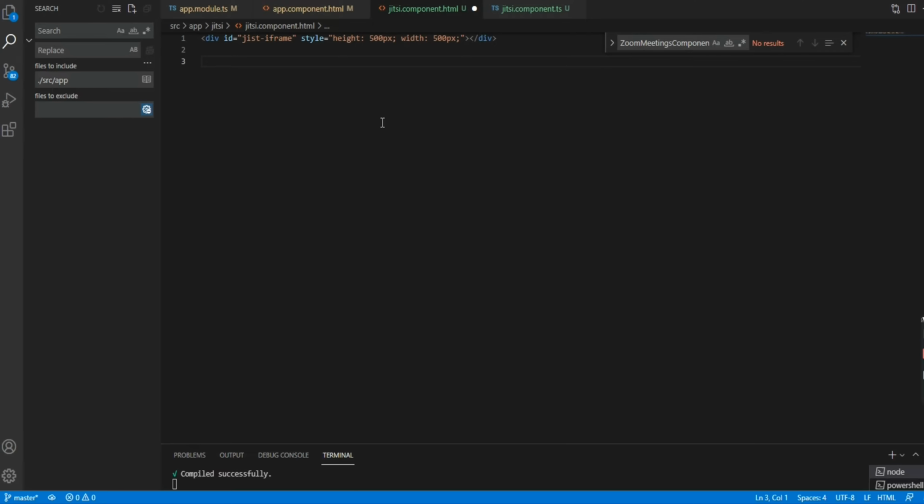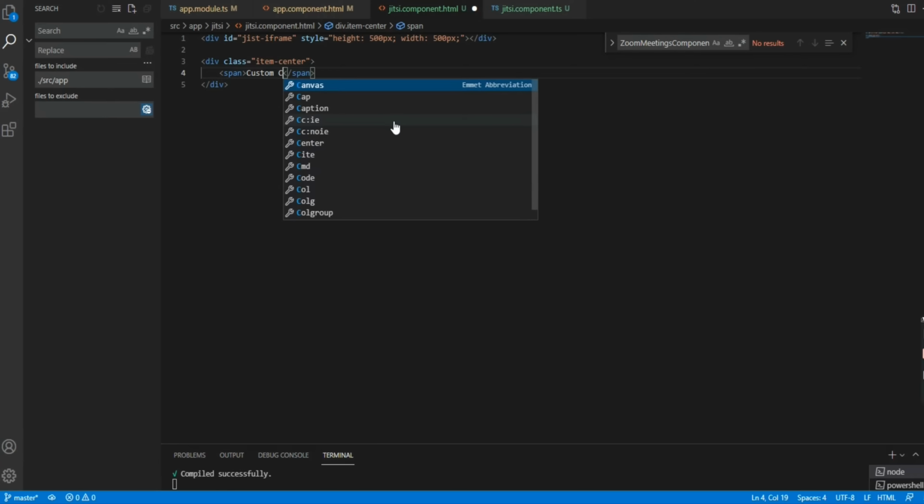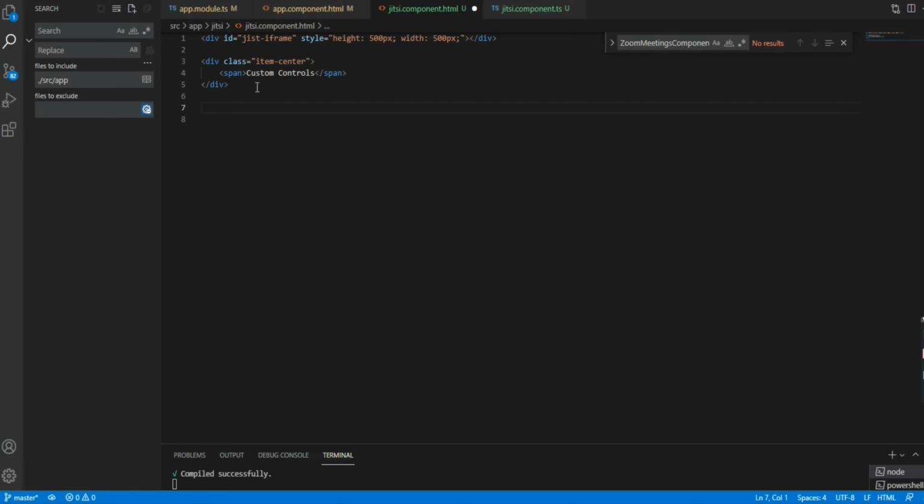500 pixel. Coming to the bottom, now here we'll write custom controls. Inside this we will write a span.